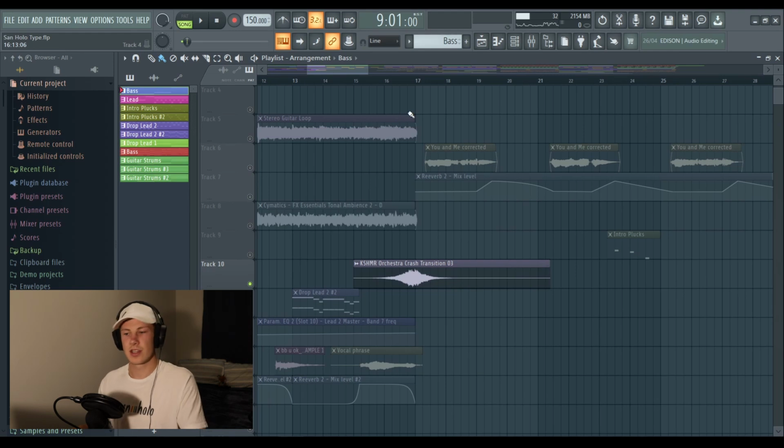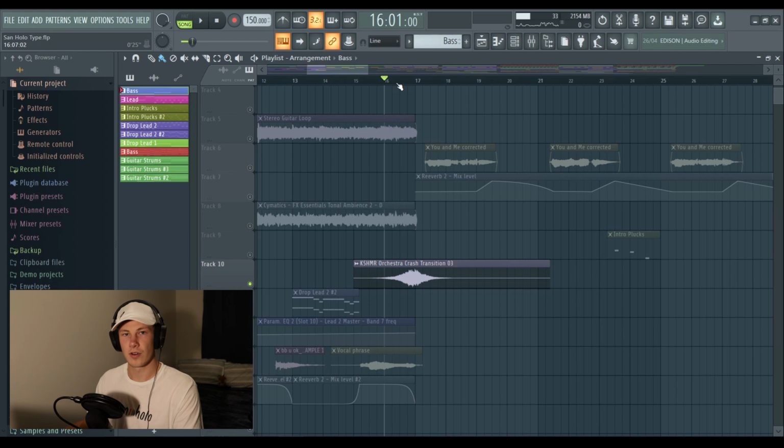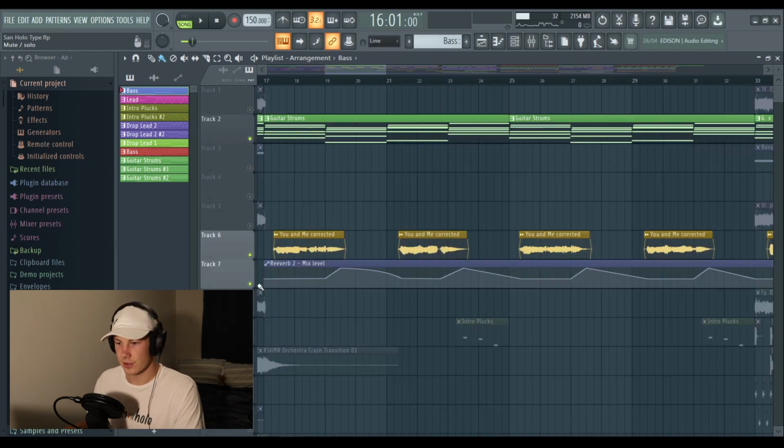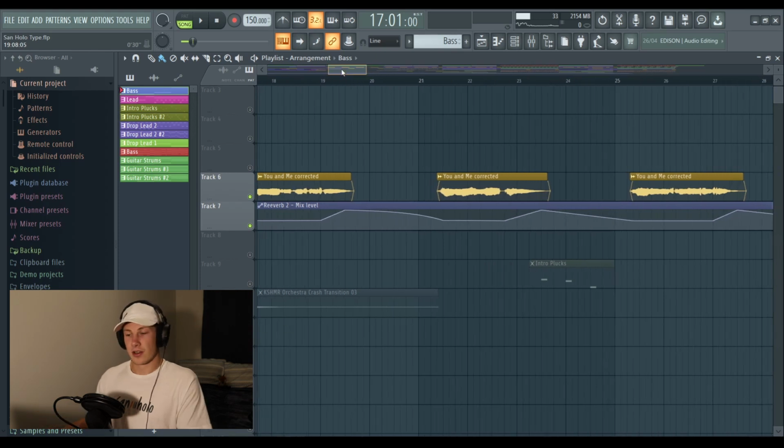So I transition into the verse with this little crash sweep. The first part of my verse is just going to be the guitar strums and the vocal. San Holo obviously sings in his songs. I don't think that's a secret. So I thought, if I was to do a new San Holo video, I would have to sing. I don't really rate myself as a singer, but there are a few things that you can do to your vocal to make you sound a little less